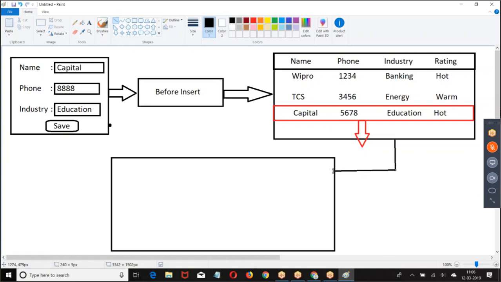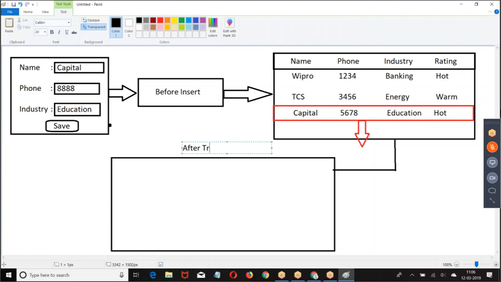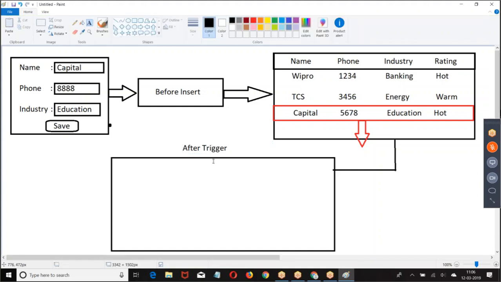Now the question is, what are the variables that we have in after insert trigger?